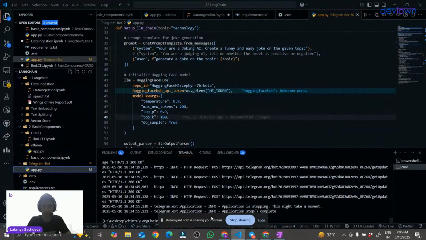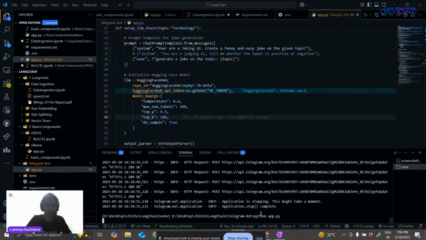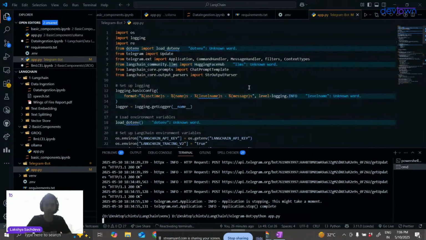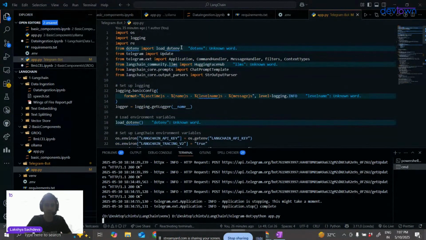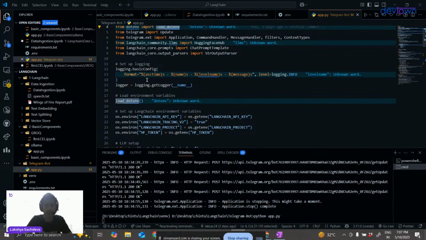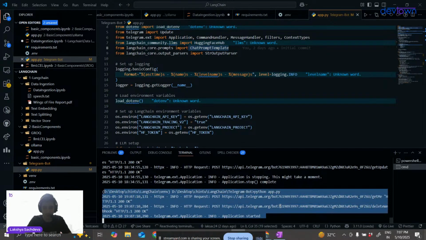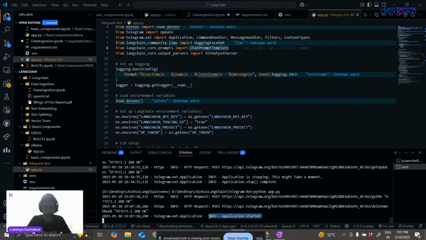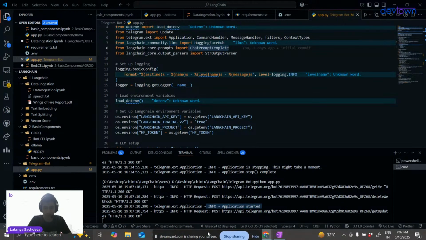First of all, I have to run my chatbot in the background. All this coding stuff, we will be doing from scratch. What is LangChain? What is this load env? What is this string output parser, chat prompt template? Don't worry, I will be teaching each and everything from the start. As you can see from these logs, my application is started. My chatbot is started. So if I try to open my Telegram,